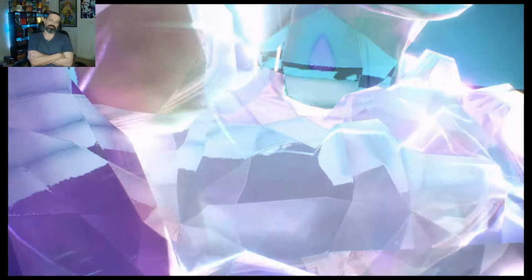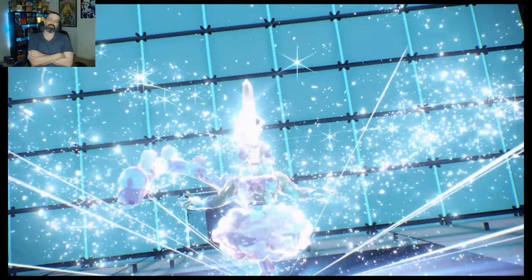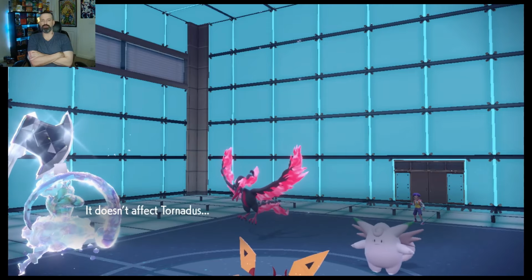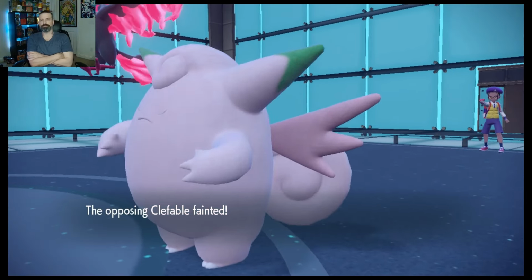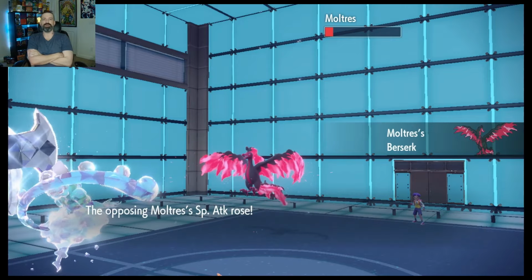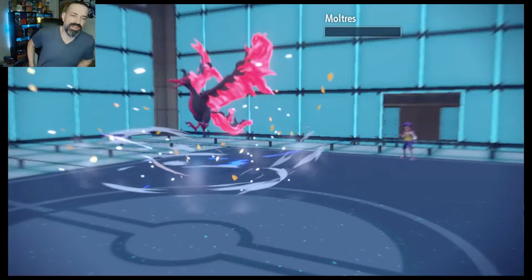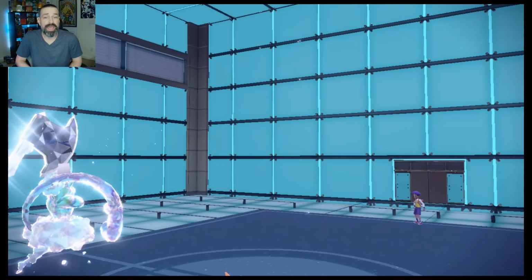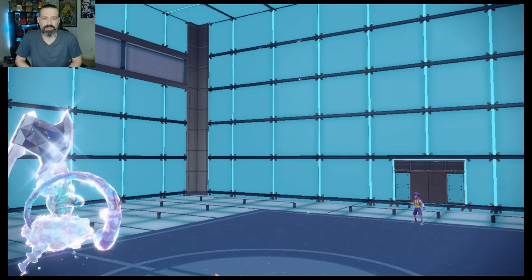Again, this will be good to be able to survive, obviously, the Sludge Wave, because we're not going to get affected by it. Goodbye. And now we just need to hope that we can hit a Bleak Wind Storm. Can we do it? We can. Yes, we can. That's beautiful. It's rare, but it happens sometimes. And we're very, very grateful when it does. We thank Arceus for all of his...